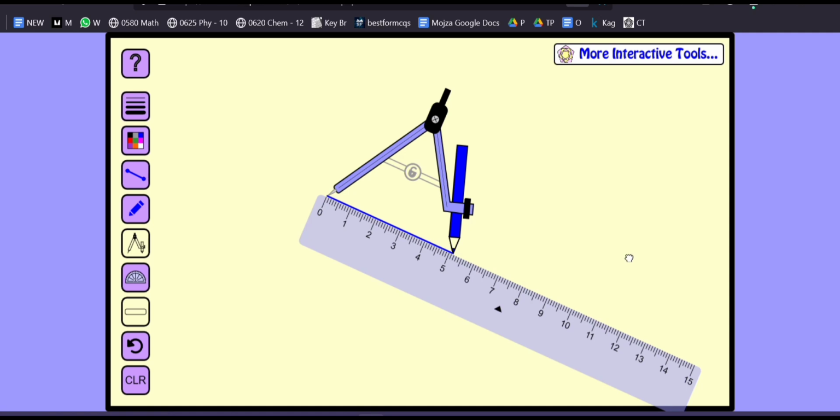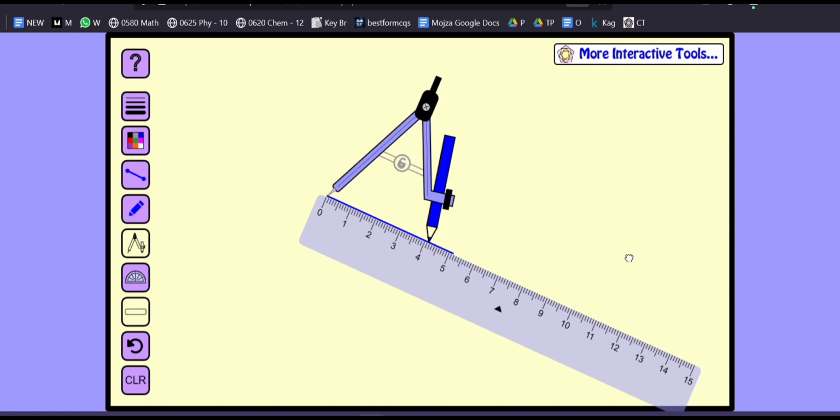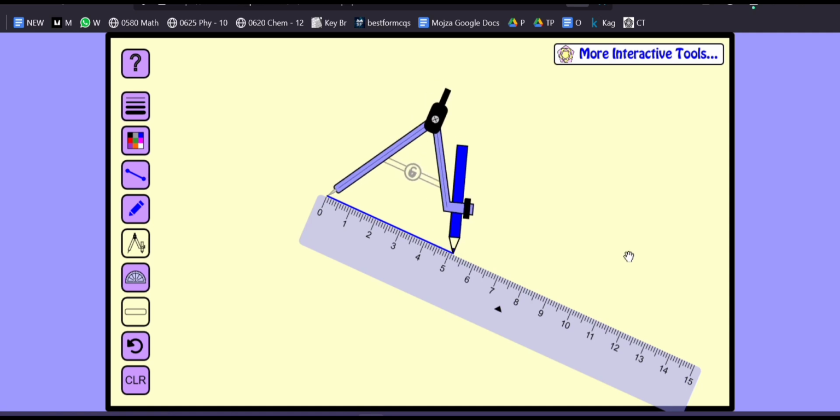5 centimeter is over here, not here. It isn't moving properly. It's making actually 5.1, but let's say it is making 5. I'm not sure how to make it. Okay,